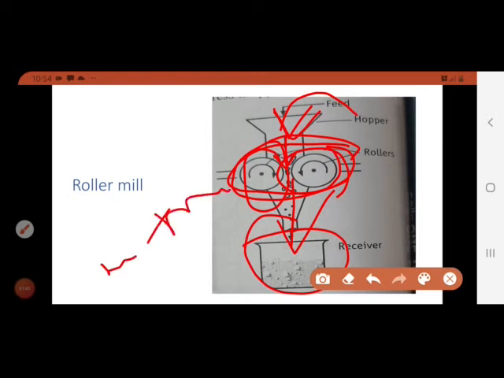And then uses: it is used for crushing and cracking of seeds, which is used for the extraction of fixed oil, and to crush soft tissue to help in penetration of solvent during the extraction process.